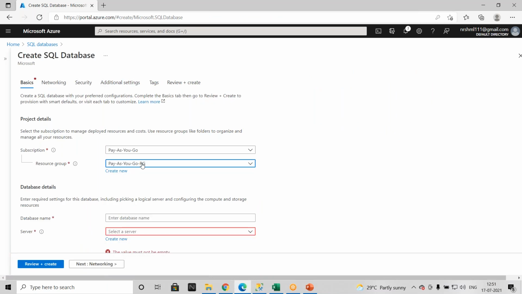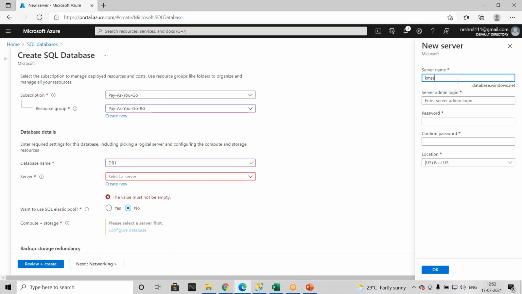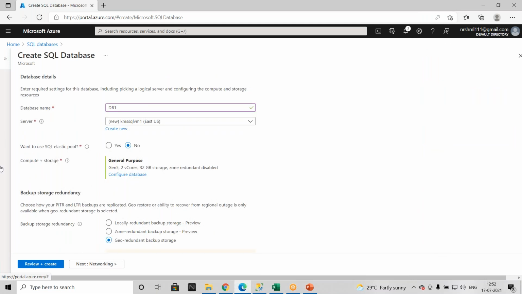I'm selecting the resource group, let me provide the database name, and let me select the server name. Let me provide the password for my account. Okay, now let me go to the compute tiers.